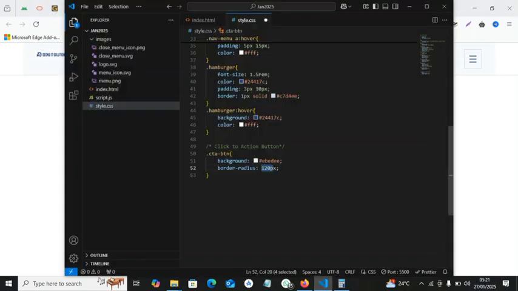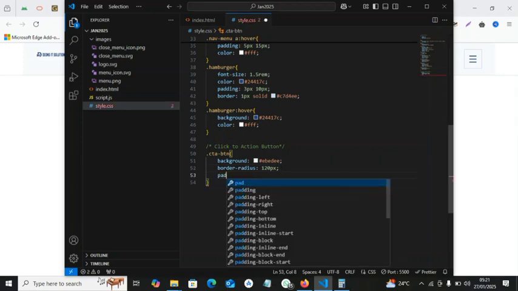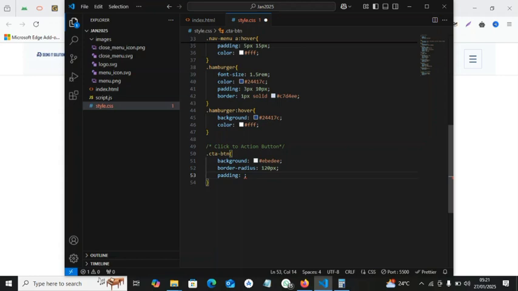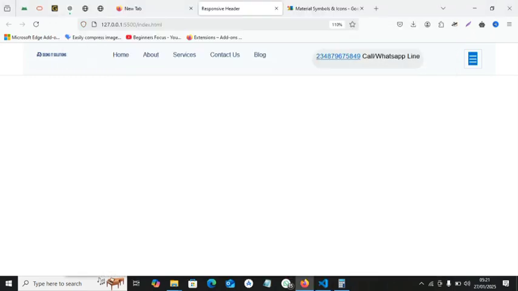Okay. So then the next thing I want to add is padding, and the reason for adding padding is you see that this text is too close to the edge of this shape. So I'm just going to go back and add padding, top and bottom 3 pixels, left and right 10 pixels, and let's see how that goes. You can see now there's space within the content, but I don't want this call WhatsApp line to be on the same straight line. I want it to break to the next line. So let's go back